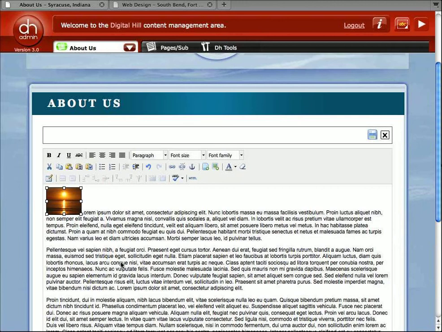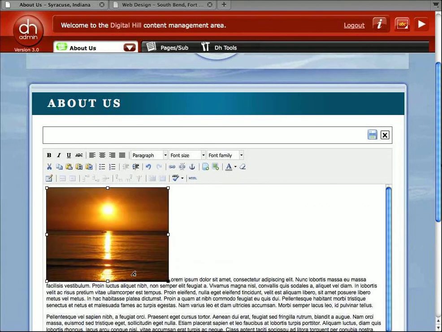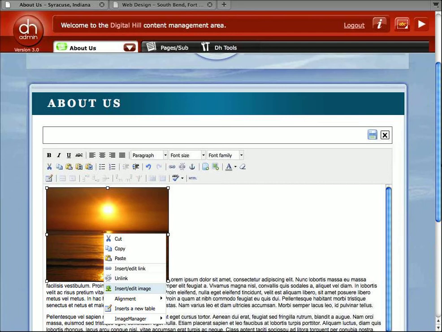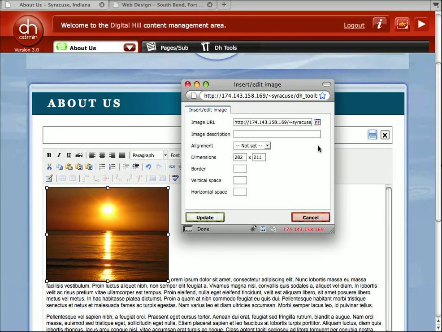So what I want to do is go ahead and select that image, grab a corner, pull that image larger. So that looks a little better. I want to make that about that large. Now the image is still selected. I don't like that the text is pushed all the way down. I want to wrap it around the image, maybe add a little padding to this image so that the text isn't right up against that image, so it's a little easier to read. So with the image selected, I right click on the image,